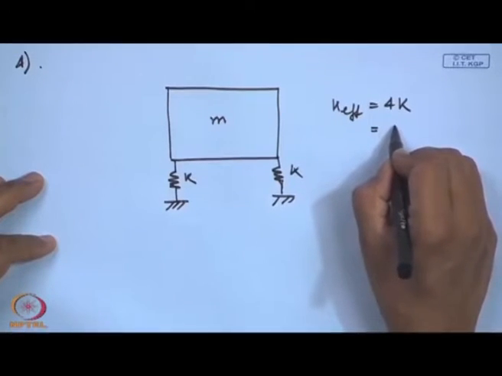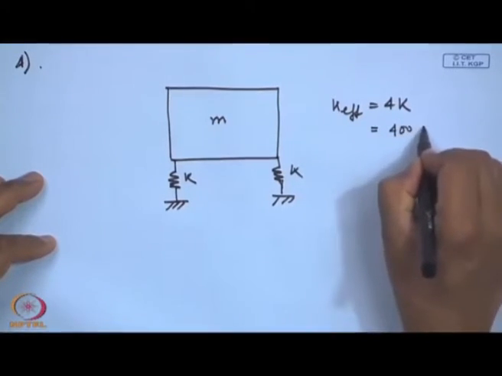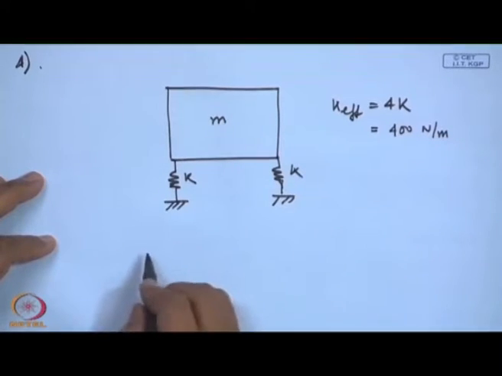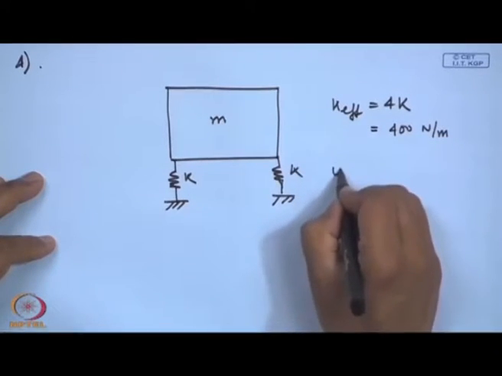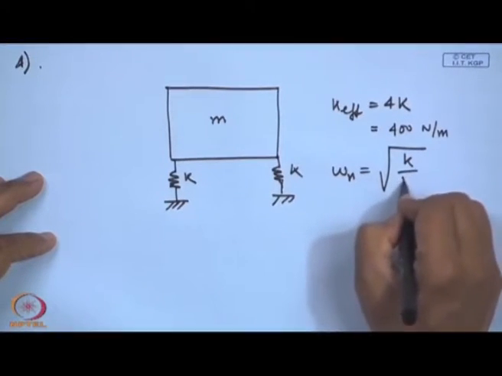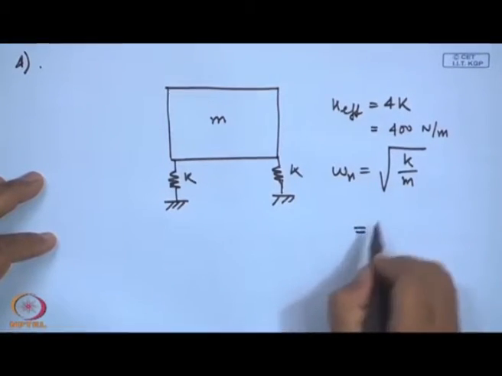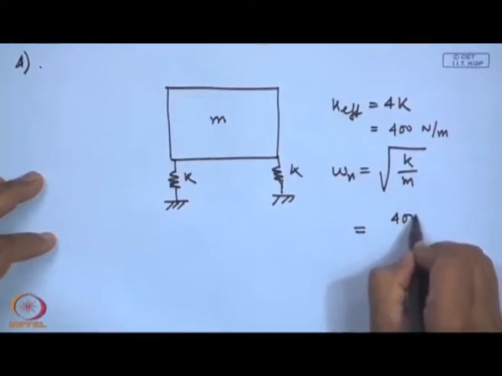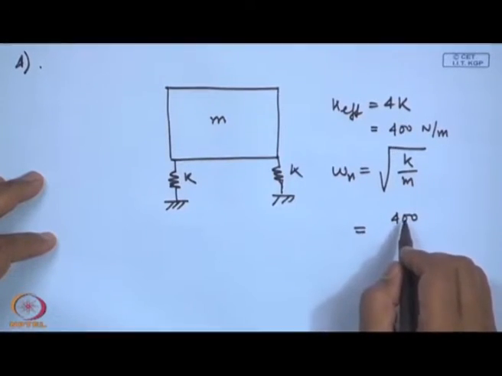So, this becomes 400 Newton per meter, and the natural frequency of this system omega n is equal to root over K by M, and that happens to be 400, and mass is also